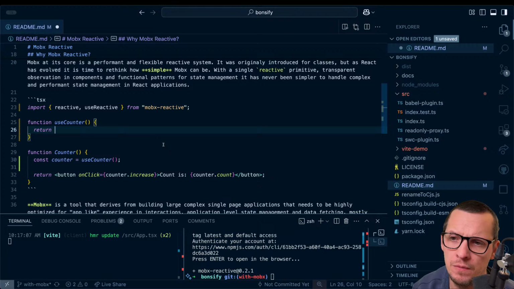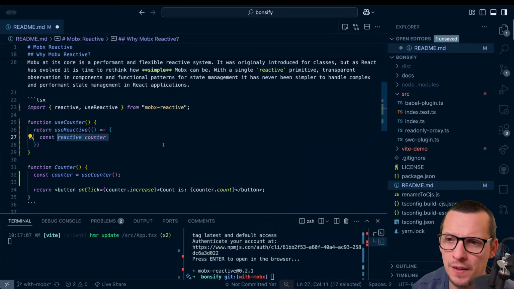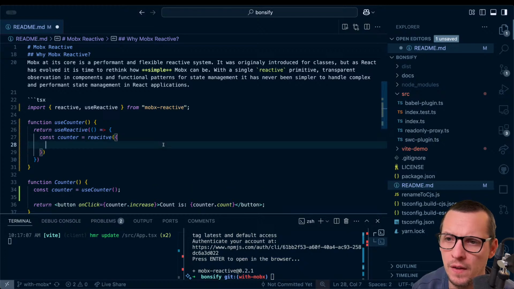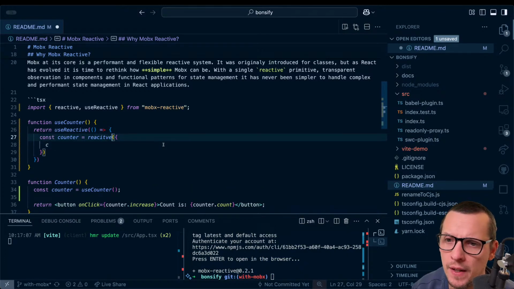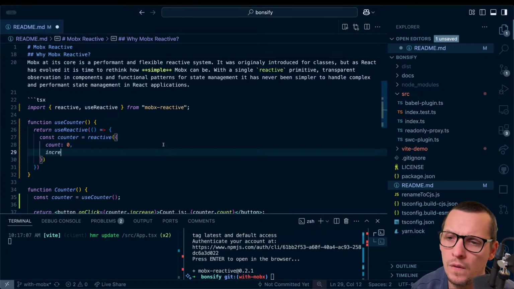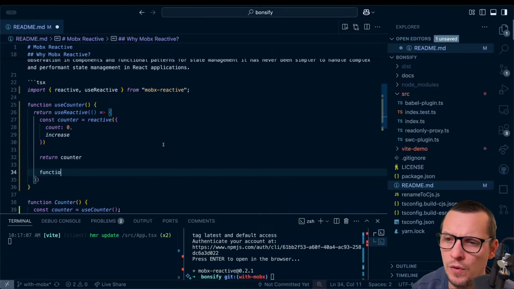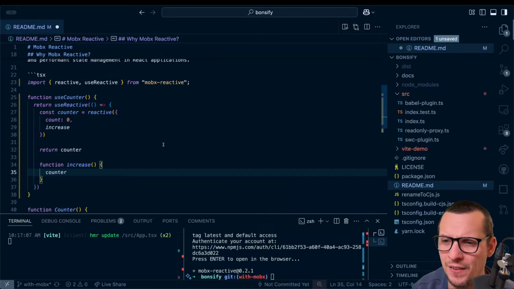So you want to do use reactive, and then you might want to use a callback, but then you actually have to use counter equals reactive. You have to do something like this. Reactive. And then you could do counter, but now you have to do function increase here and counter.count++.